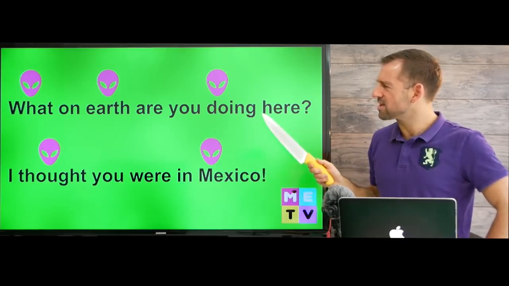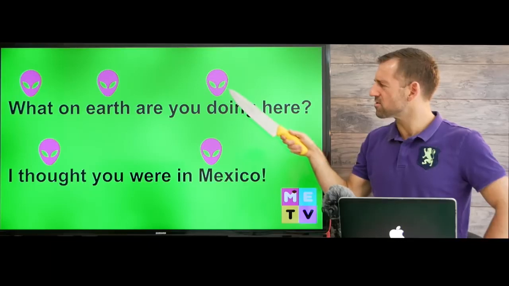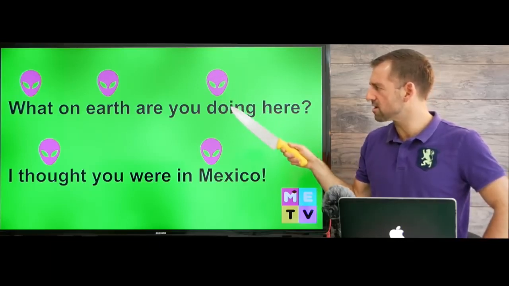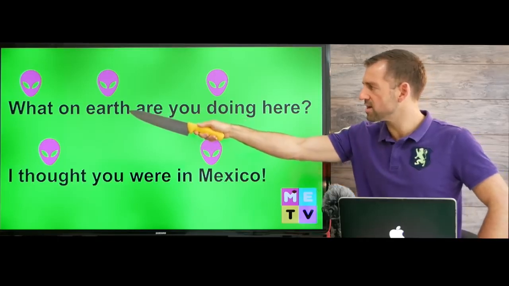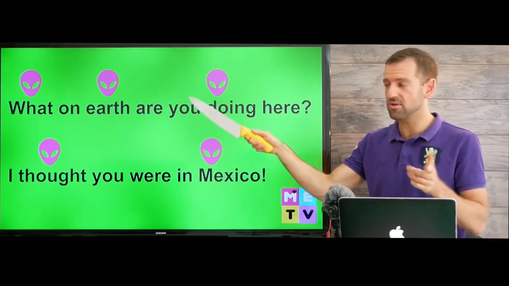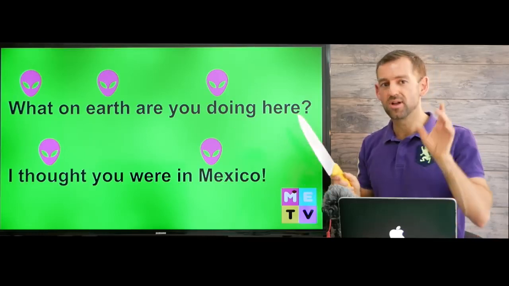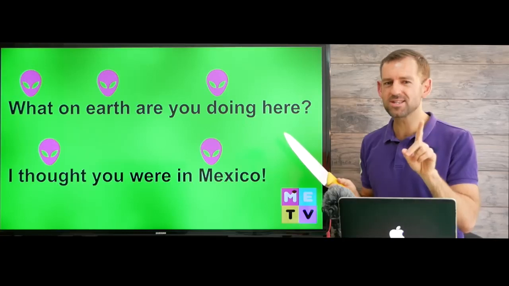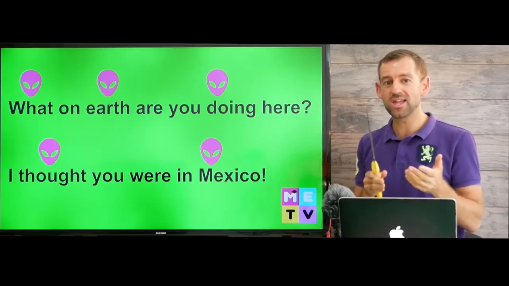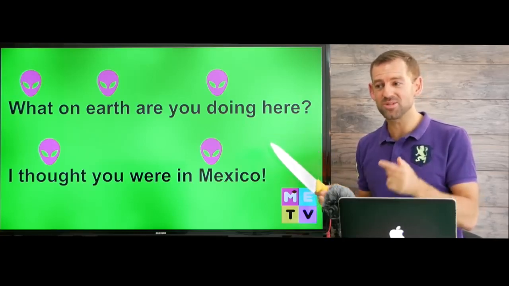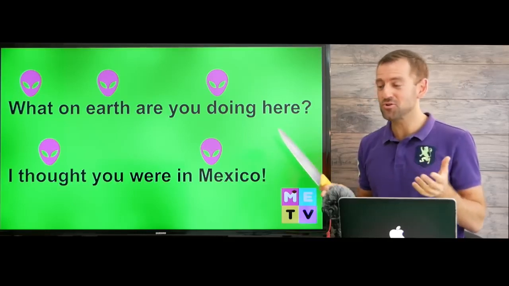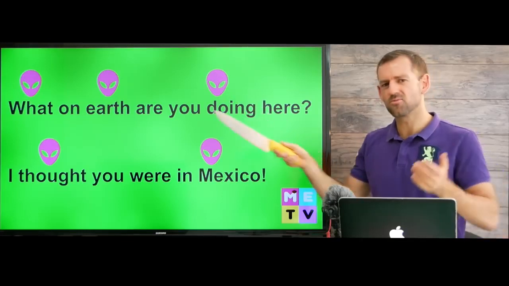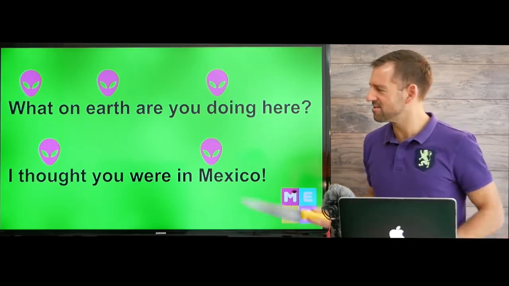What on earth are you doing here? Here the stress is on the first syllable, doing. Earth and what both just have one syllable. Okay, so you don't need to think about how to say those words. It's just what? Earth. Okay, one syllable words are pretty easy. When you get to more syllable words, like 3 or 4 syllables, then sometimes it can be a little bit tricky. Okay, so what on earth are you doing here?